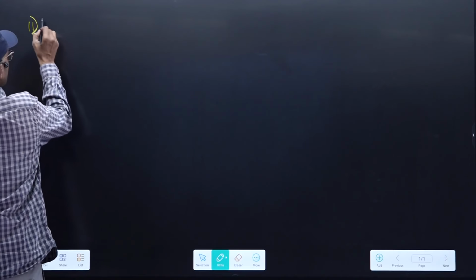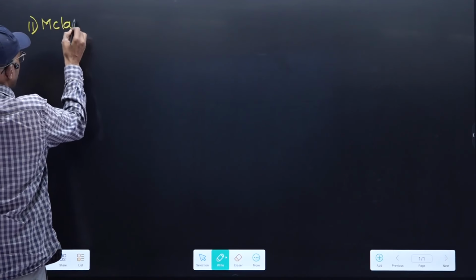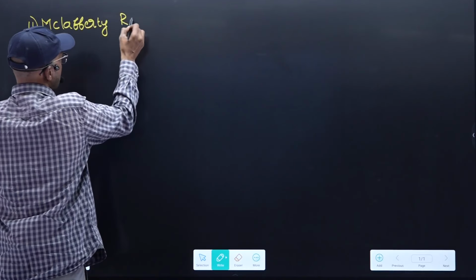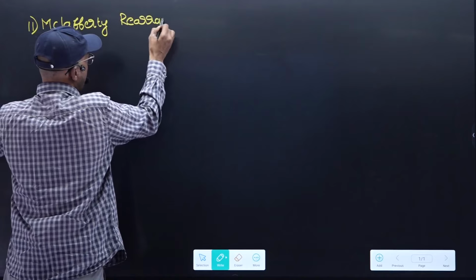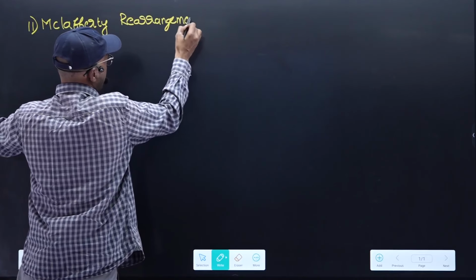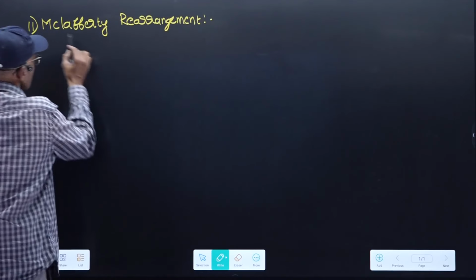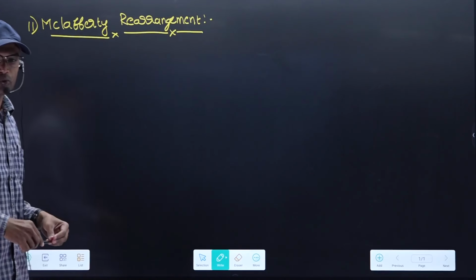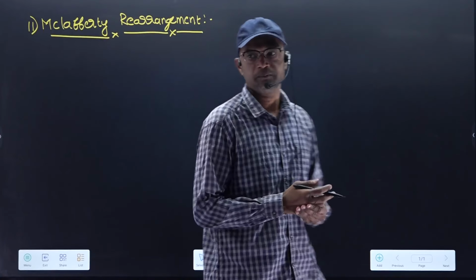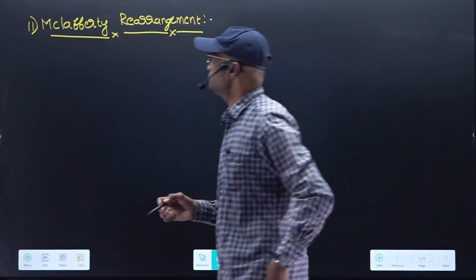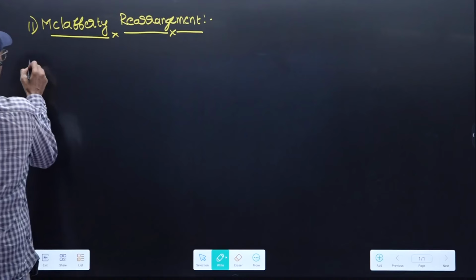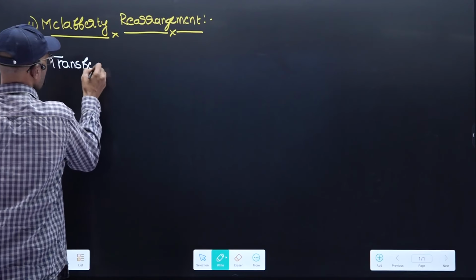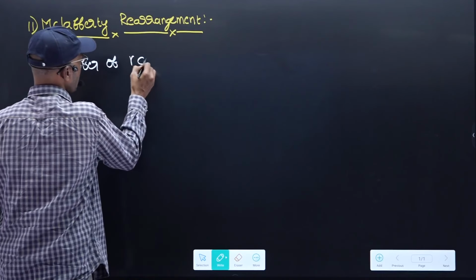McLafferty rearrangement. This is a rule most commonly applicable for unsaturated molecules. Fragmentation rules, McLafferty rearrangement. So what is McLafferty rearrangement? Right, it is the transfer of gamma carbon hydrogen